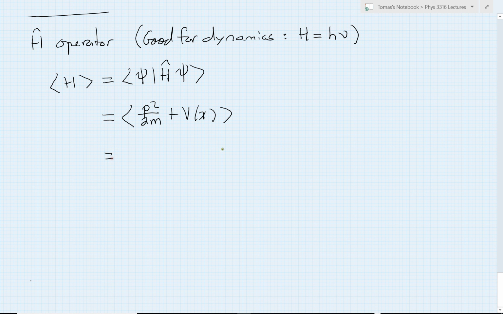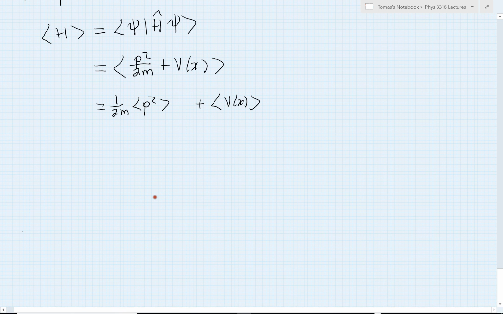So this will equal the average of V of x, right? Plus then the average of p squared on 2m. But 1 over 2m is just a constant, so we can always just pull that out of any averages. So we really just have to figure out how to compute these two averages. And these start to look like things we should be able to deal with fairly conveniently. For example, if I wanted to know the average of the potential, I know I would bin my particles up at different locations, multiply by the number basically that land in each bin, and then multiply by the value of the potential that I'm averaging.